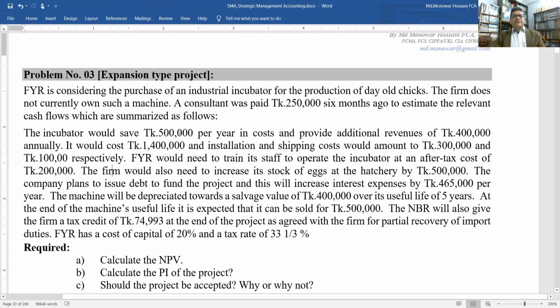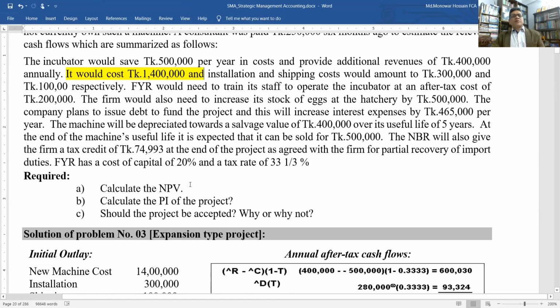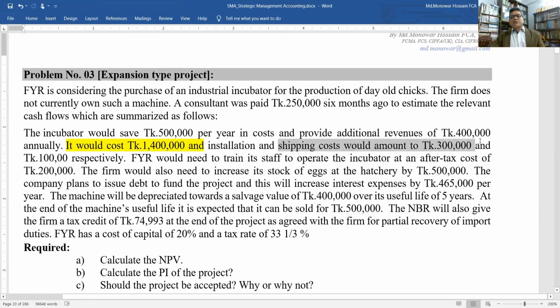Incurred say 5 lakh, additional revenue 4 lakh annually, cost 1.4 million, shipping cost 3 lakh,